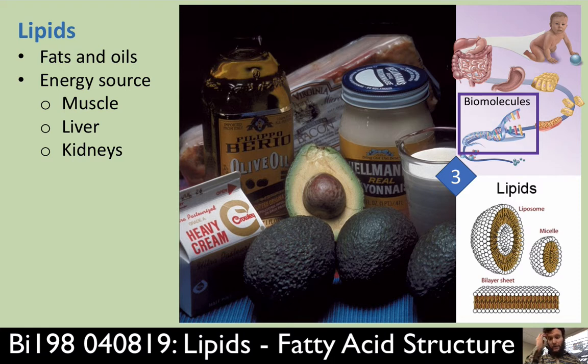All of these foods that you see here are examples of foods that are high in different kinds of fats or oils. So everything from bacon and mayonnaise with its egg in there and heavy cream, to olive oil and milk and the fats that are found in vegetable sources like coconut or avocado. All high in different kinds of fats and oils.